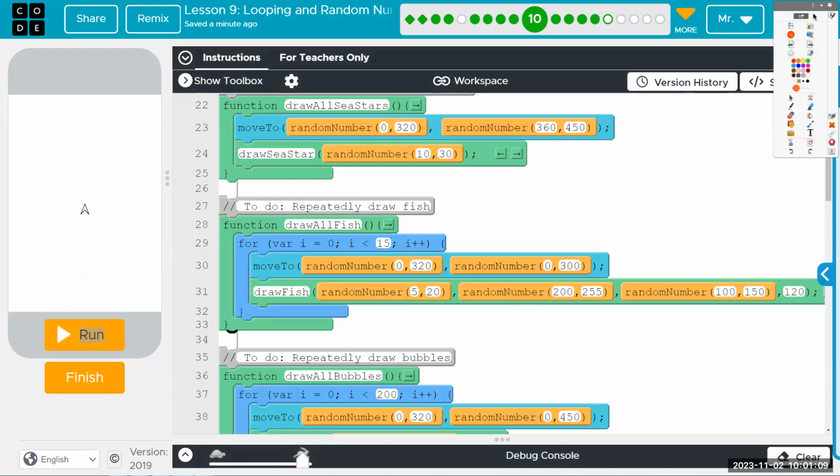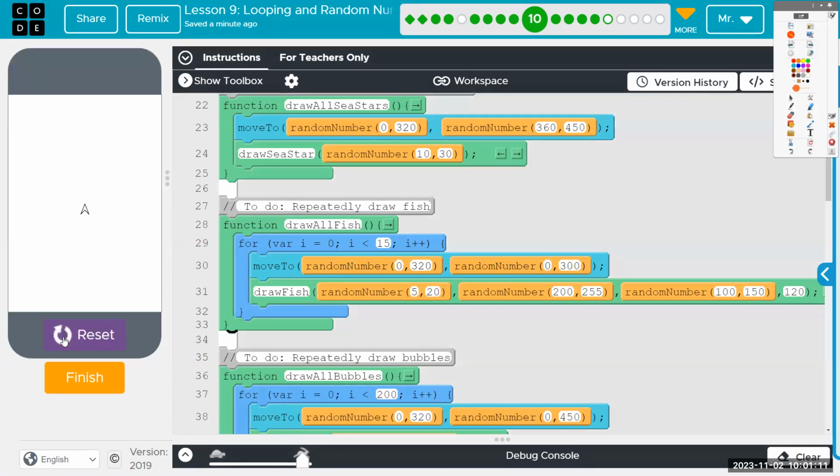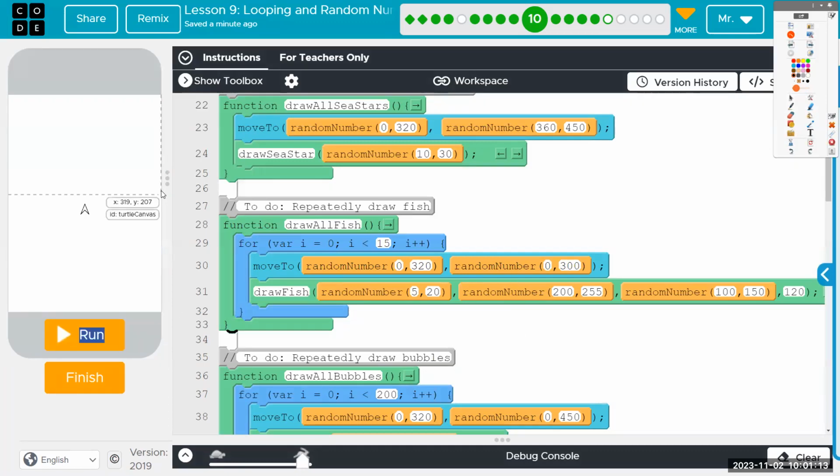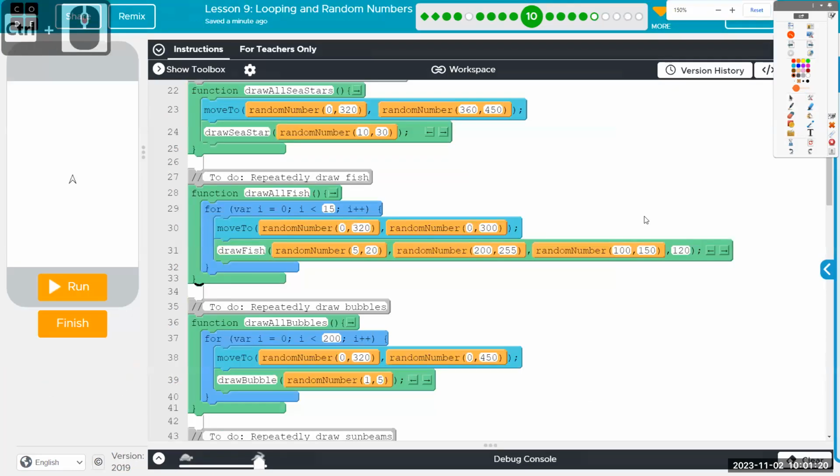The other thing that is neat about this is the random color. First we're sending it a random size, between 5 and 20, used for all of those different things, not just the size of the dot, but the pen size, the sides of the triangle, the fish, and so on. We are sending random numbers for the amount of red, the amount of green, and a hard-coded value for blue. Looking at this triplet, the first one is the redness.